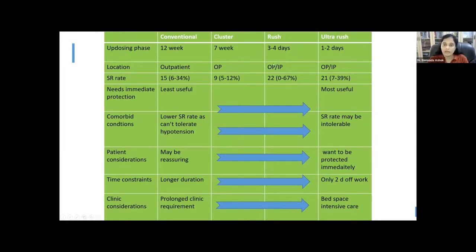The rush and ultra rush is between 3 to 4 days and 1 to 2 days. This is really when they want to go back to their work or when they are planning a holiday and they are in a rush to go, then that is when rush and ultra rush takes place. But this is an extremely rare